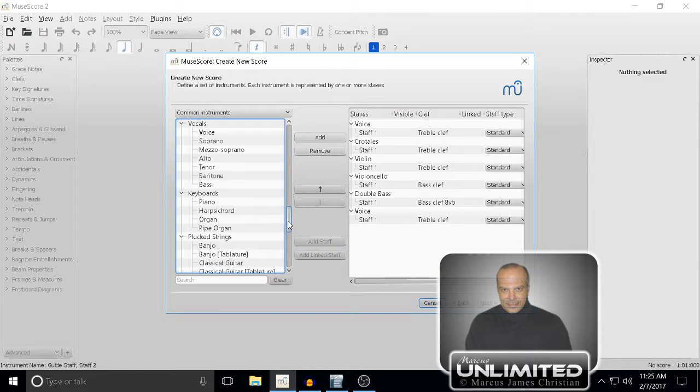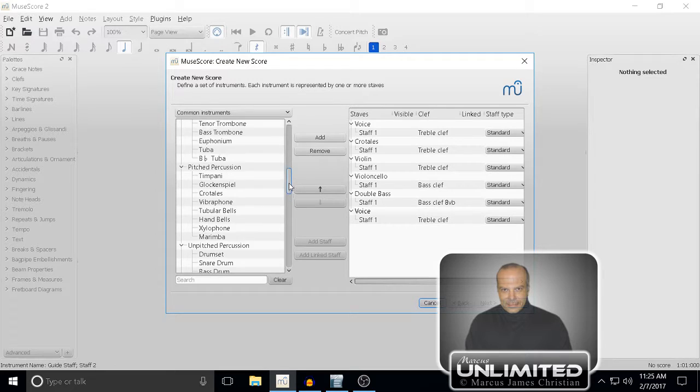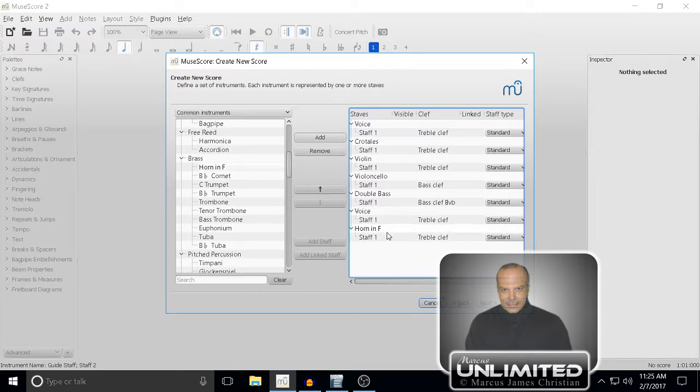And I also want our horn in F, which we detailed. That's the secret code name for the French horn. Probably change the direction of this. I think I'm gonna move this one up here eventually, but let's hang on to that for a second, and let's go to, I think we will put,